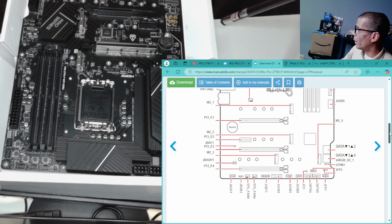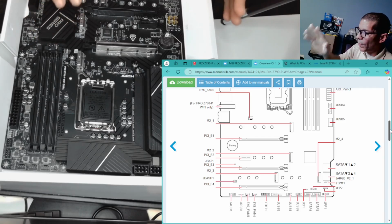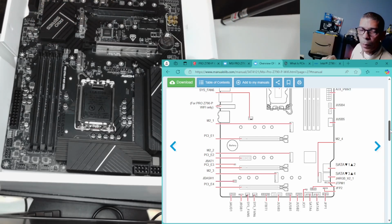Now, for example, the power button that comes on the case. If you don't put it in the right place, then you won't be able to start the machine. And then you're going to be troubleshooting something that has nothing to do with the memory or the CPU or the power supply. It's just that you plug in that lead in the wrong spot. So like for example,